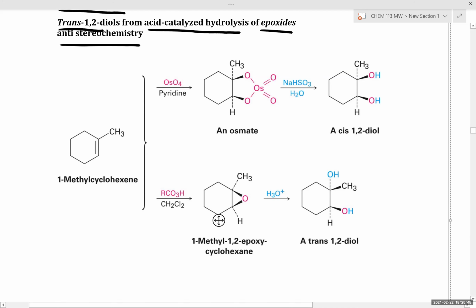Would anyone like to comment on one other very important point that we need to make with regards to epoxide opening? Do I just have to use water as my nucleophile for epoxide opening? Or do I have a little more freedom? What do we know about epoxide opening? What was the central point that I made in epoxide opening? Like for example,